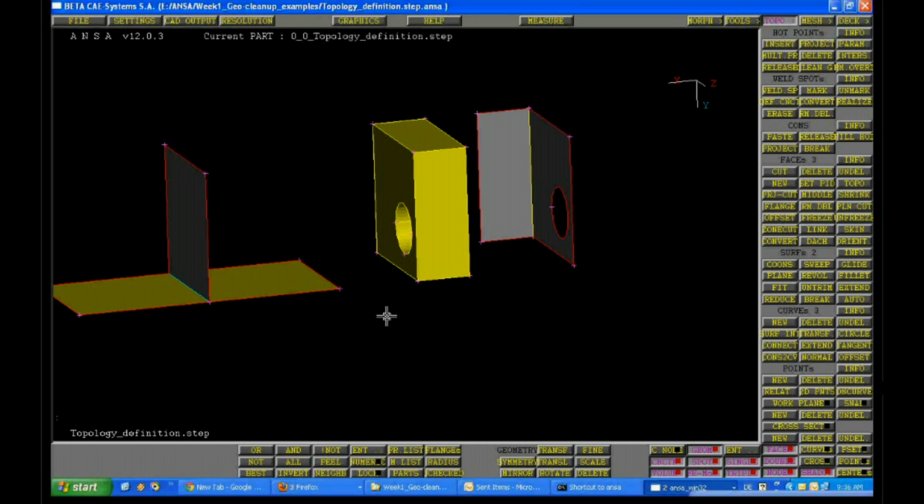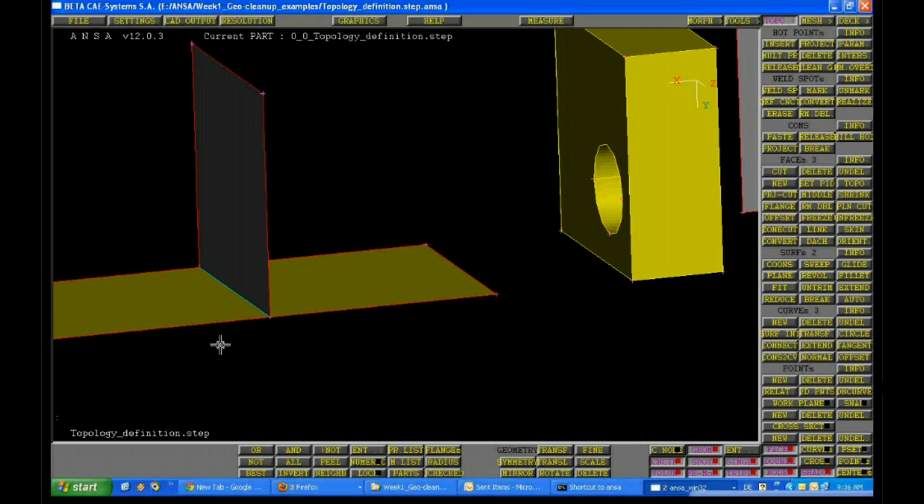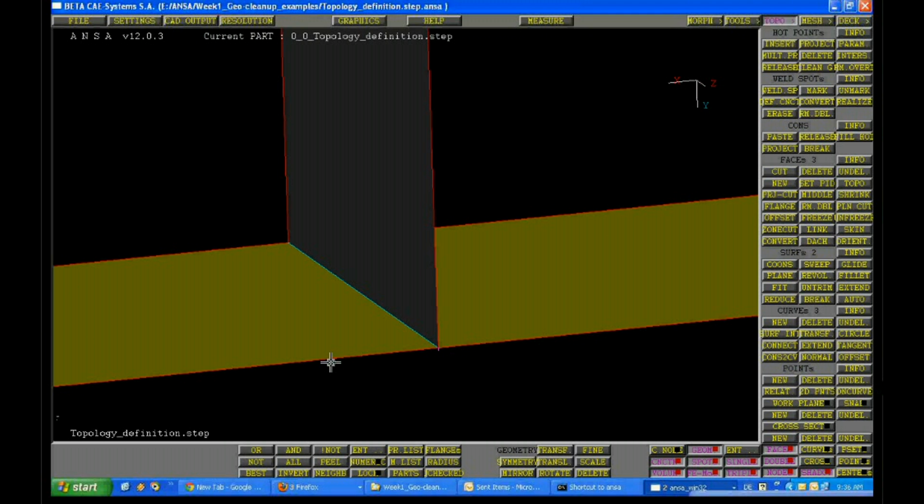While the edges which are shared by three faces will be called triple cones, and they will have the cyan color. So now this point is clear: what it means by single cones, what it means by double cones, and what is meant by triple cones. So again, going back to this option here in the bottom right side,